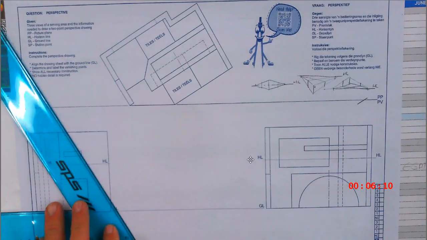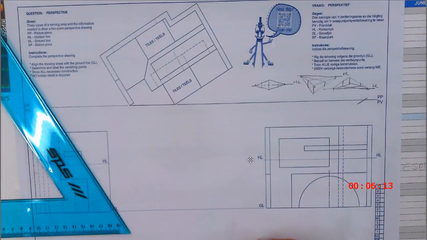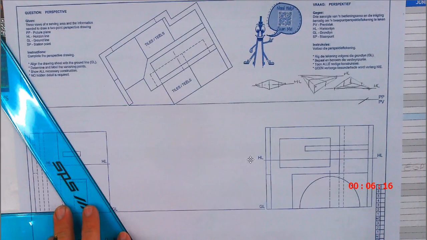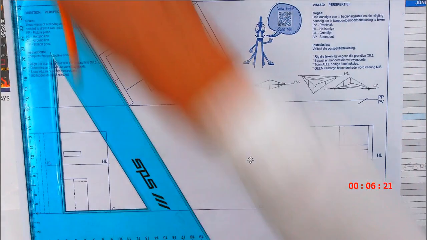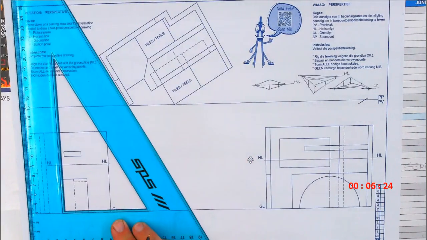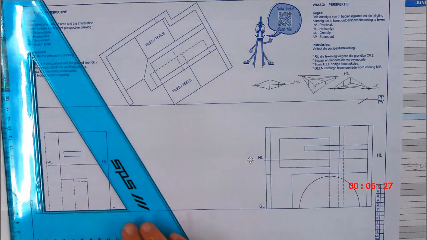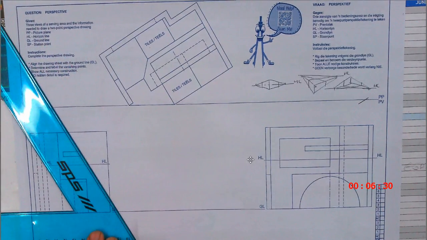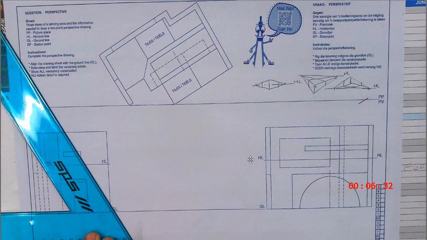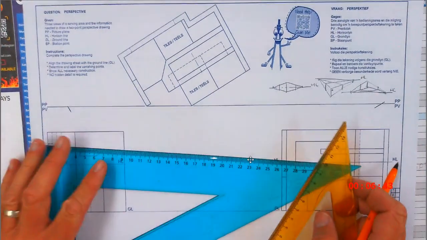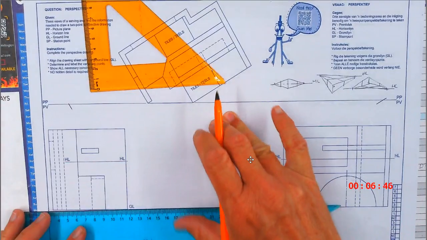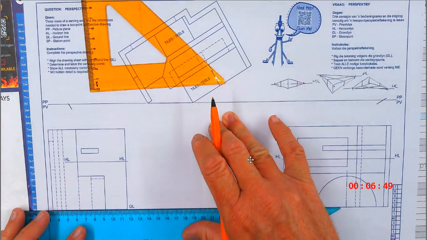Sometimes you have to move your ruler up, or if it's not long enough, you can also put your ruler onto this thing. But do make sure that you are working accurately. Okay, so I'm just going to double check this again to make sure that I am working accurately. I'm going to move this out of the way up to that point over there. Okay, and I am going to draw just a quick line up to there, and then I'm going to work perpendicular down so that I make a mark on my horizon line.